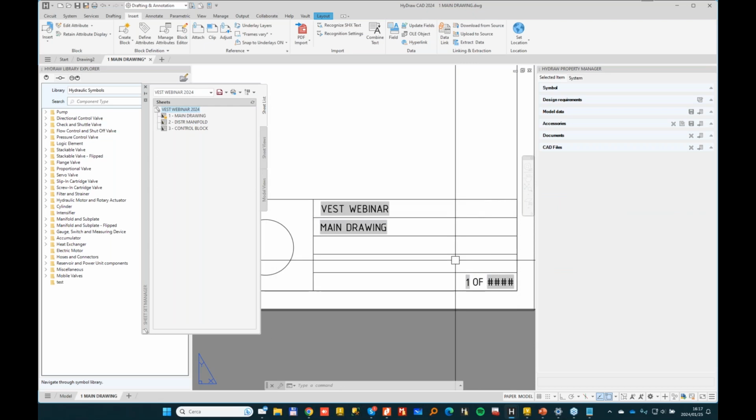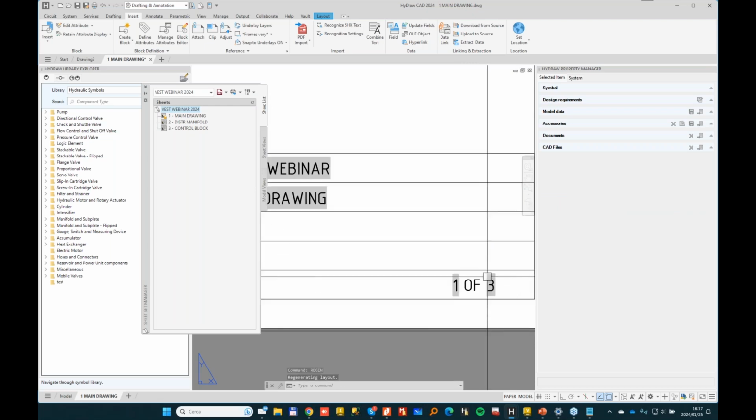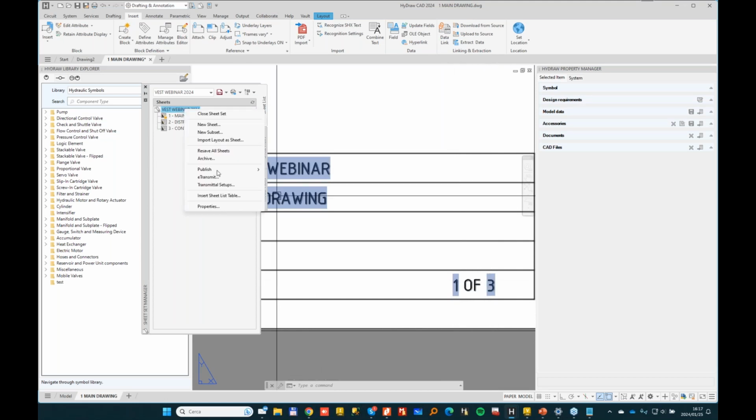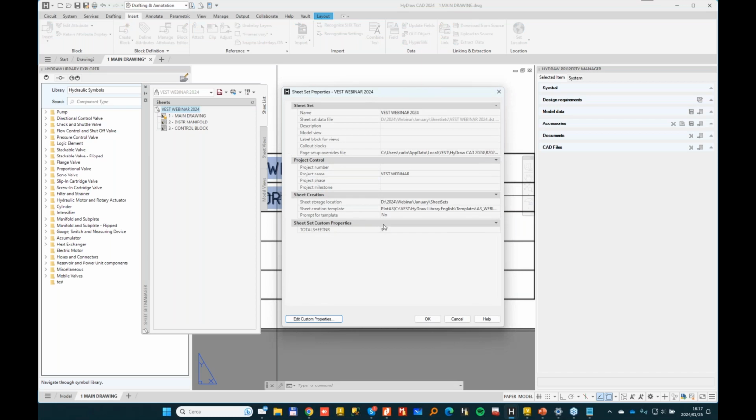And okay. And now, as you can see, by creating exactly that attribute, automatically I get page 1 of 3. And if I add additional pages, I will need to manually change the number of pages here. Unfortunately, I didn't find out, and I think it's a current limitation of AutoCAD in general,